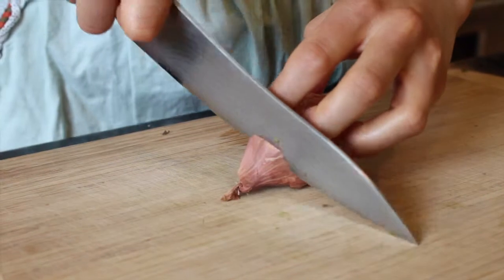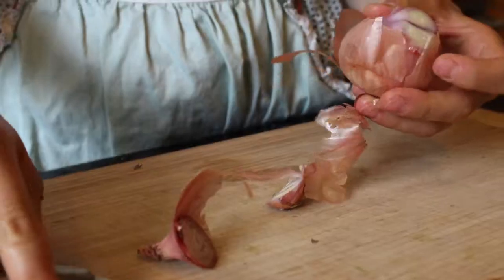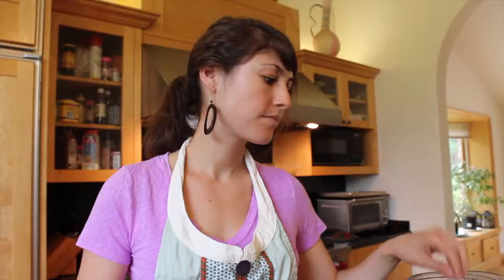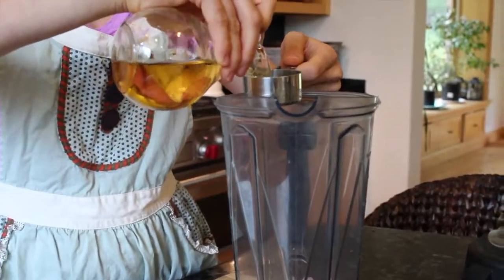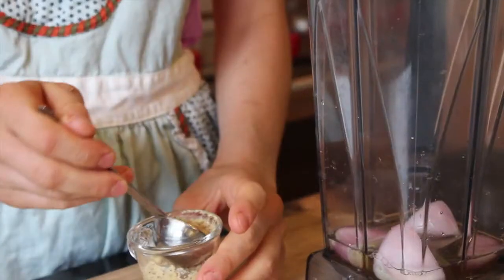For the dressing today, we're gonna do a whole grain mustard honey vinaigrette. 1 large shallot. So just cut it on both ends, peel it, just cut it in like chunks. Toss it in the blender. Now if you don't have a blender on hand, you can just mince it really finely and whisk all the ingredients together. Now we're gonna measure out 1/4 cup of apple cider vinegar, 1/4 cup of cold water, 2 tablespoons of whole grain mustard,